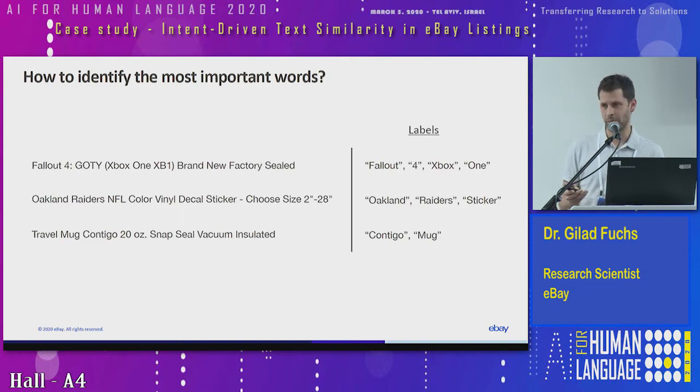You do have the possibility to manually tag titles by human agents. However, that takes time, it's costly, it's not very scalable. And also, you have a big problem of domain expertise. So if you want to find human agents that will give you these labels, for many domains, it might